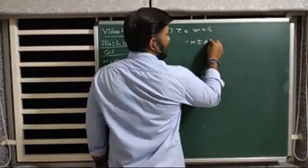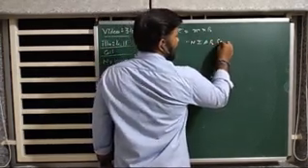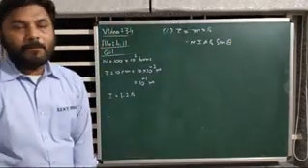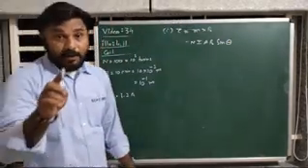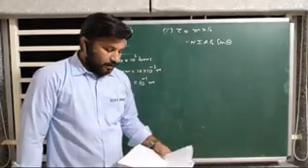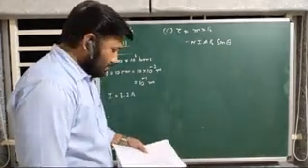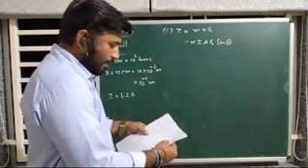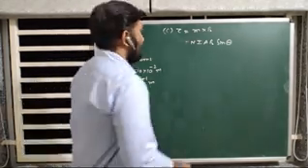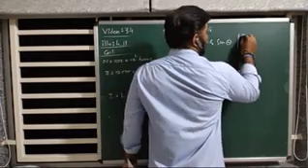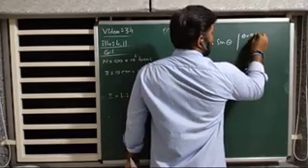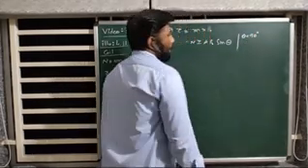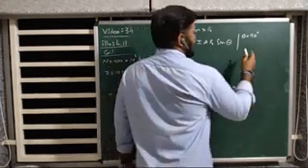There is a cross product, so there is a sin theta. Simple. Theta is given in that question. Check it out. There is theta, and that theta value is 90 degree. So theta is equal to 90 degree, and we know that sin 90 value